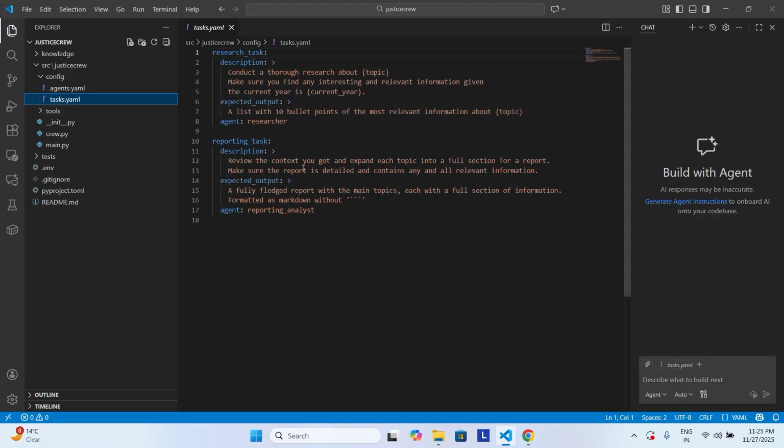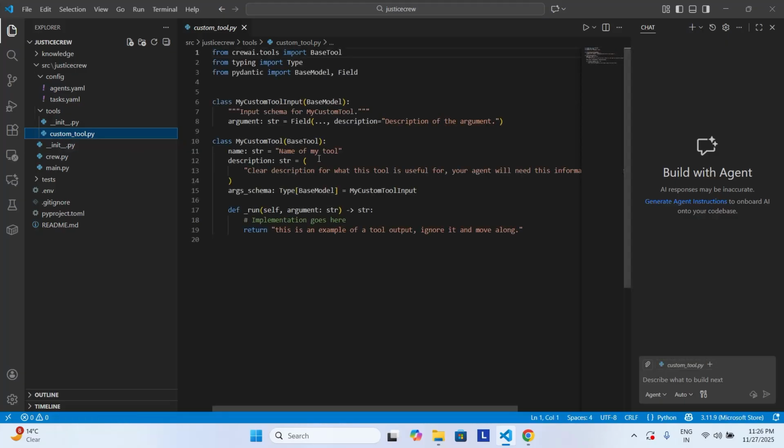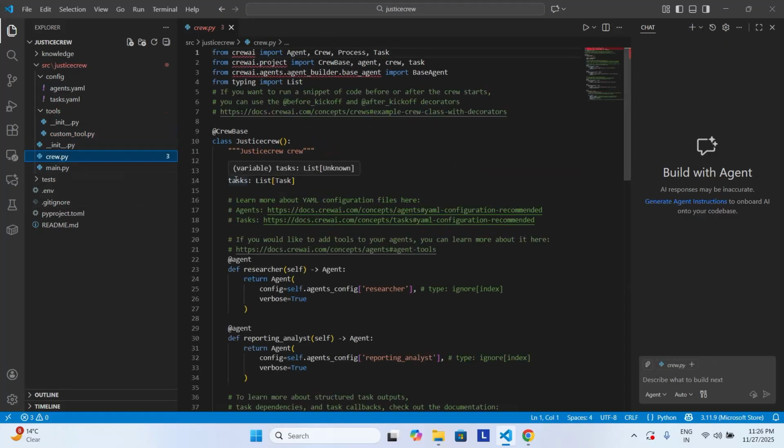So this is one way of implementing CrewAI. You can implement it without YAML also, purely writing it in Python code. But we'll go with this approach only, whatever project structure has been injected by the CLI. And then you have tools. In case any tools are required, you can have your custom tools over here. And then finally you have crew.py,